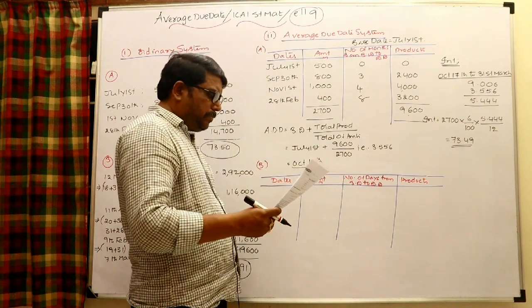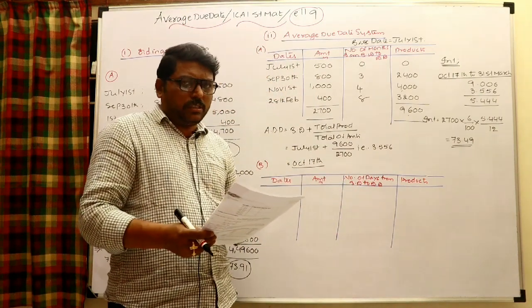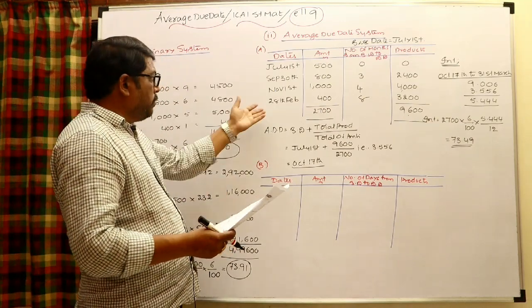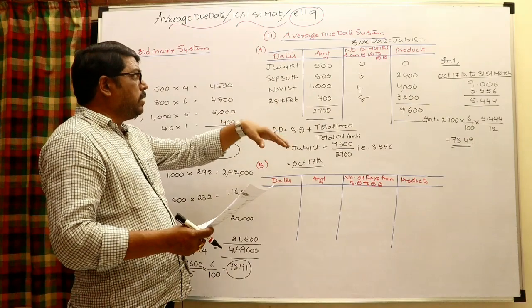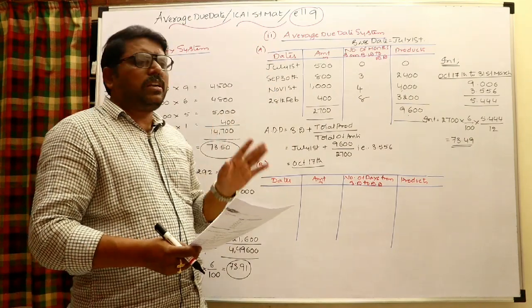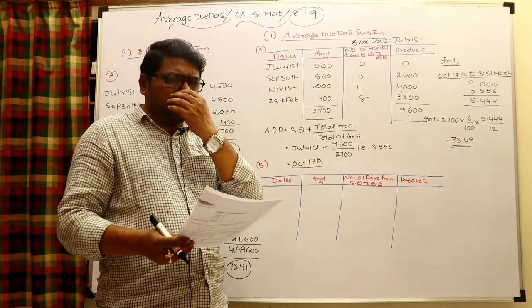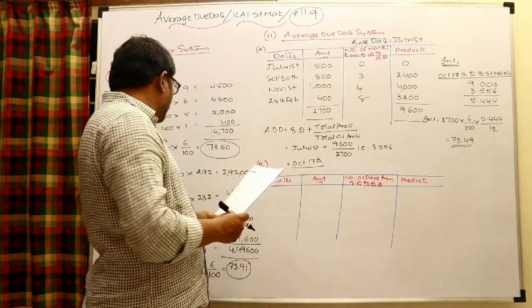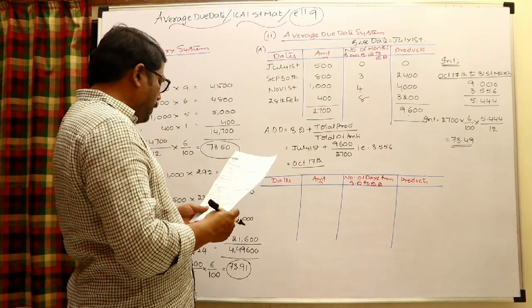73.49 simply. But of course here it is given alternately, or it is given in some other way also, with some other date taken as a base date. You may select any base date, ultimately the result would be the same. Okay, right. Come back to the next B, and we can take how the drawings are made by him.